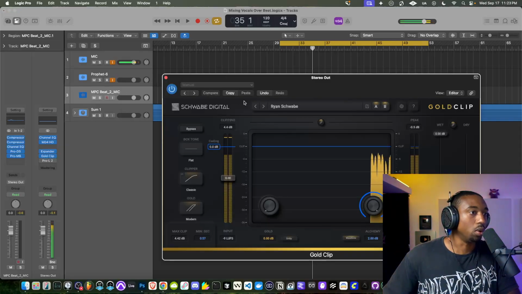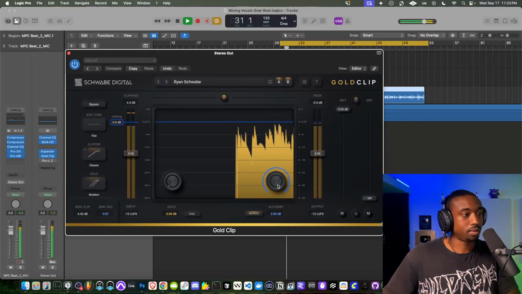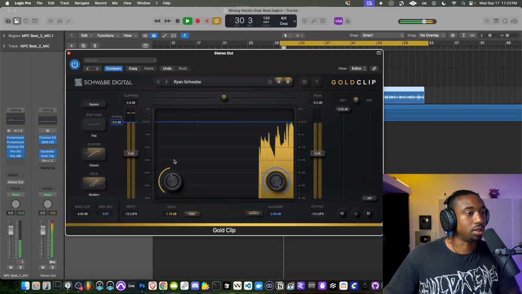But next, we're going to go through Gold Clip. This is another great plugin to kind of glue stuff together. I have it on Unity mode here under the gold area. If I turn this up,